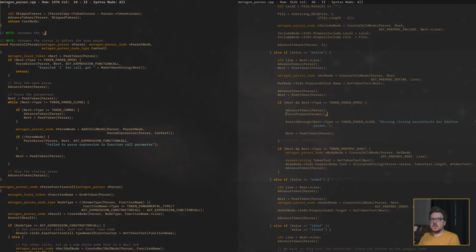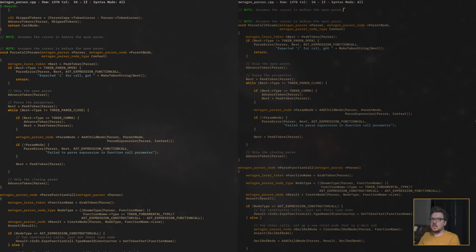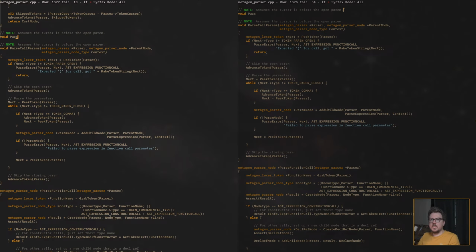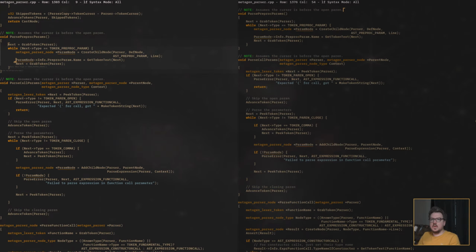Node assumes the cursor is... Let's do the same thing as these other ones, which means... well, let's do this first. Parse preproc params. It's going to take the parser, the parent node. Okay. Does it need the con?